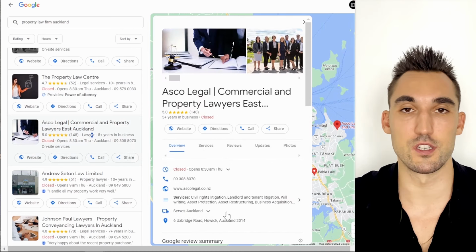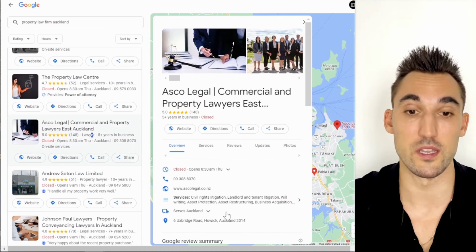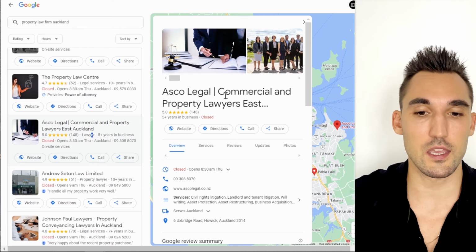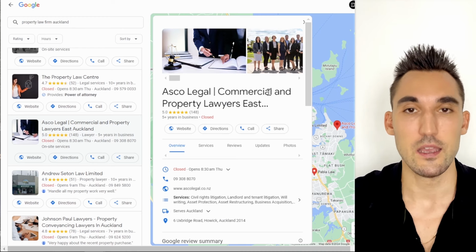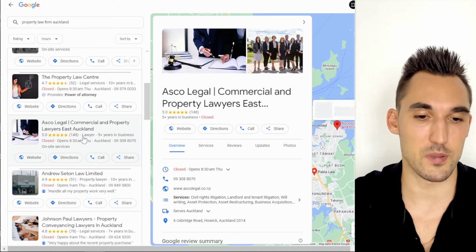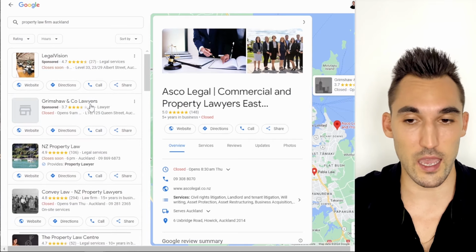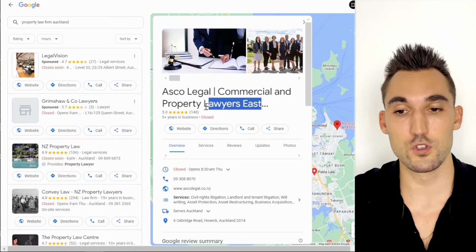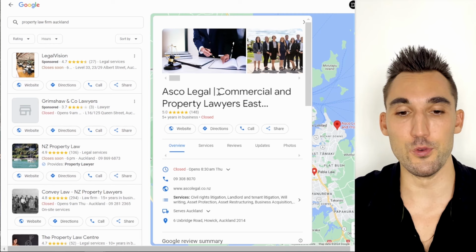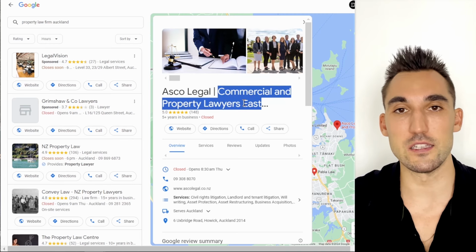Make sure that you have all the services that you offer so you actually show up when someone searches them. Now, the other thing is having the keyword in the headline. This is not a guaranteed way to show up, because there are instances where people without the keyword in the headline do show, but it can help you if you have the actual main service you want to offer in